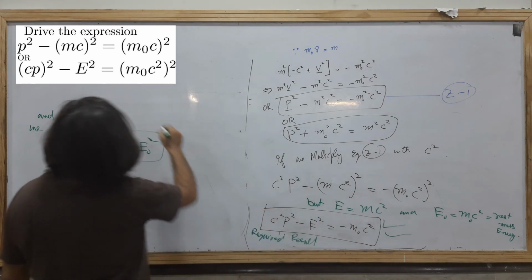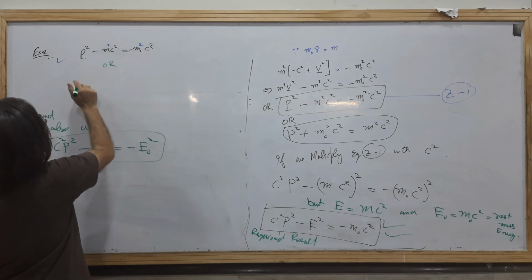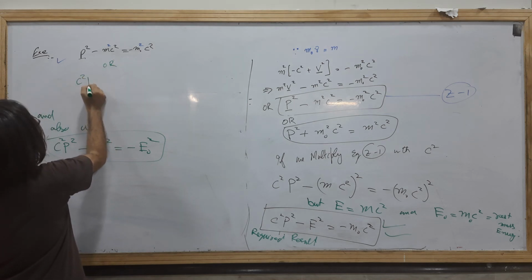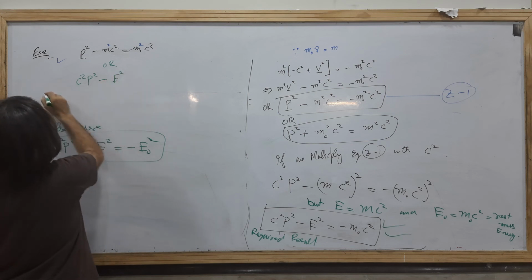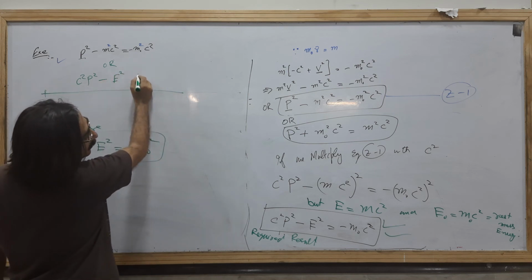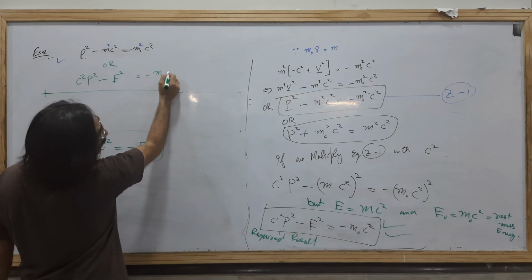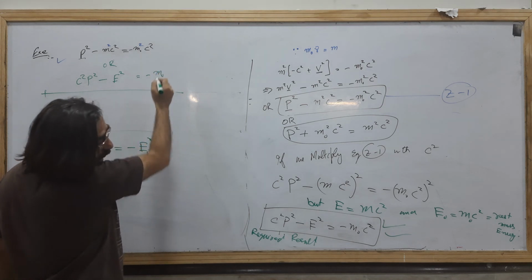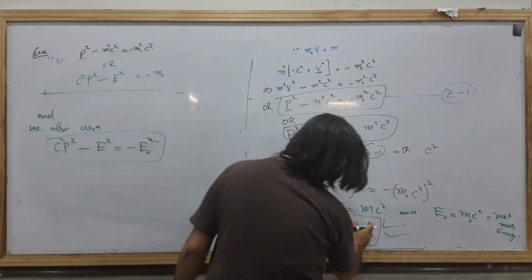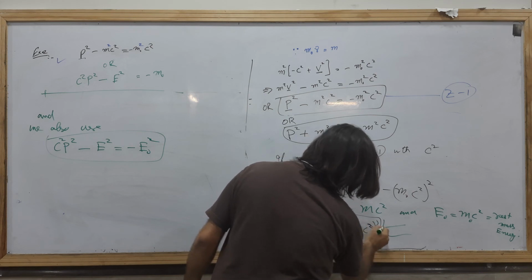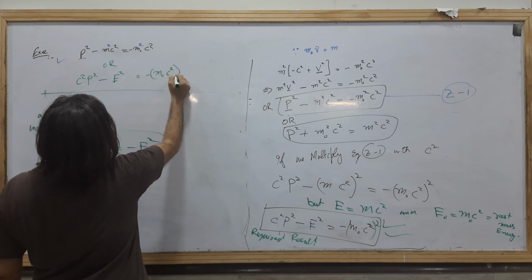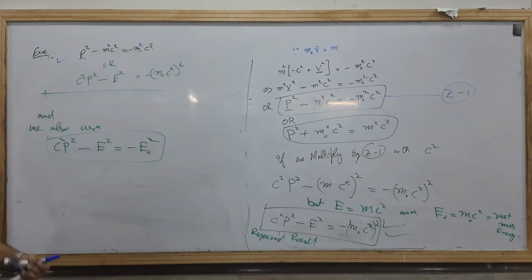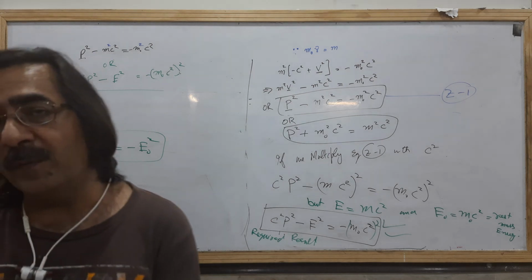So there are two: c square p square minus e square equal to minus m naught c square. ओके। आज के लिए इतना ही, ये प्रूव कर लिया, ठीक है।